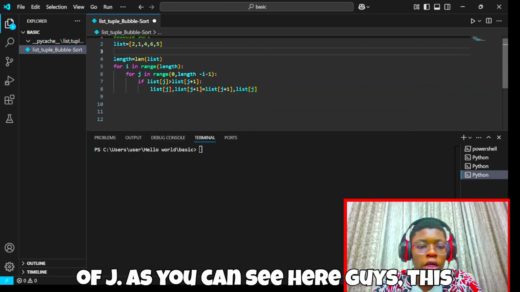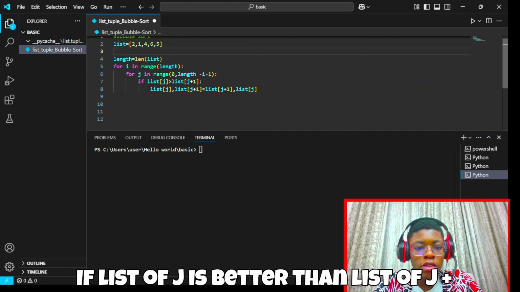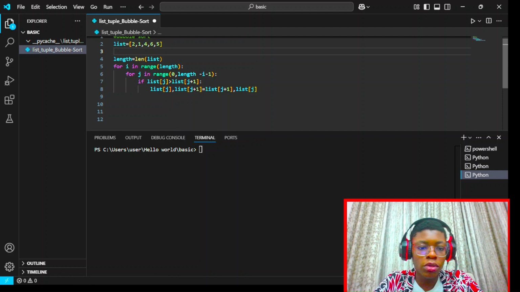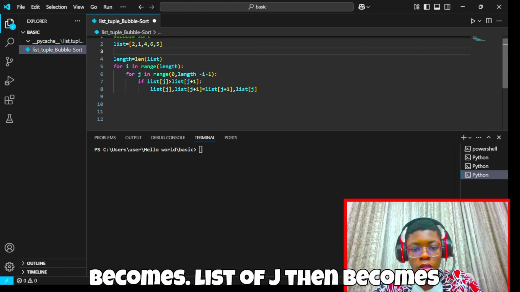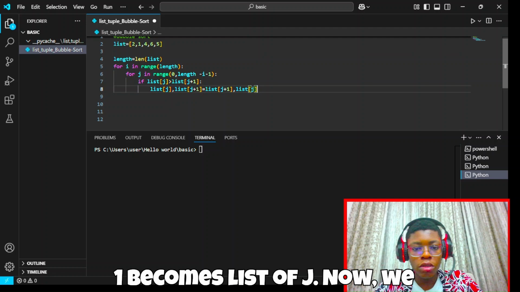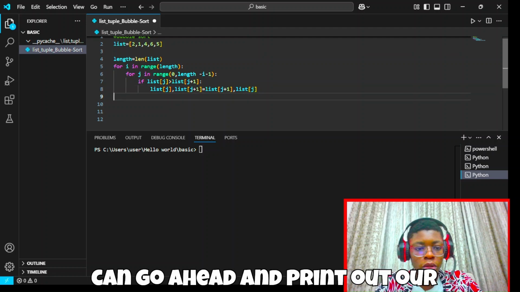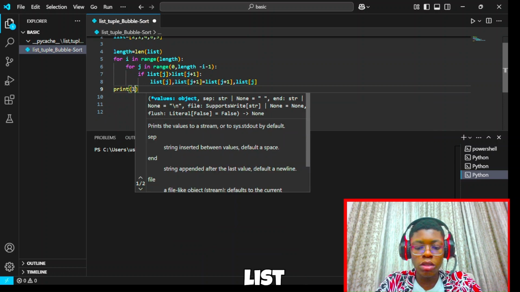As you can see here, guys, this is the process of swapping. If list of j is greater than list of j plus 1, then list of j becomes list of j plus 1, and list of j plus 1 becomes list of j. Now we can go ahead and print out our list,